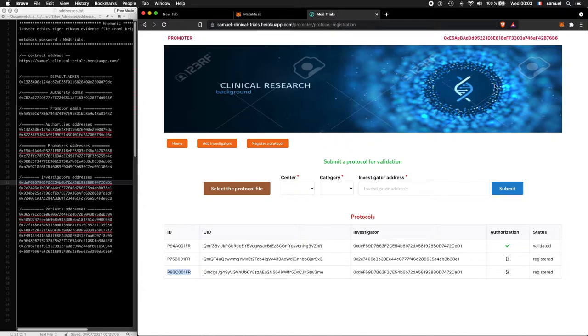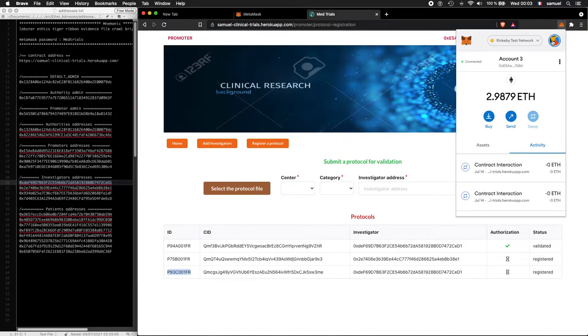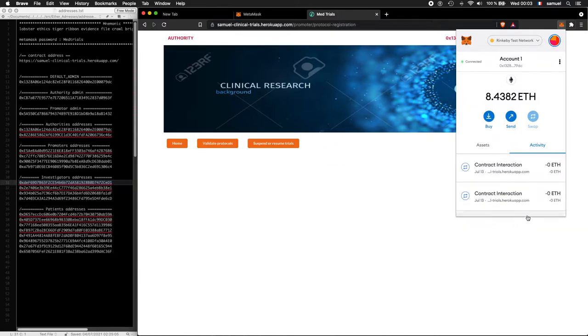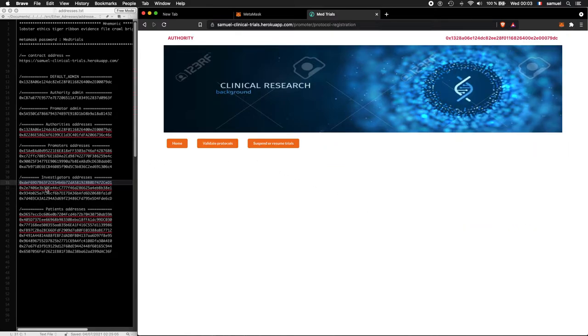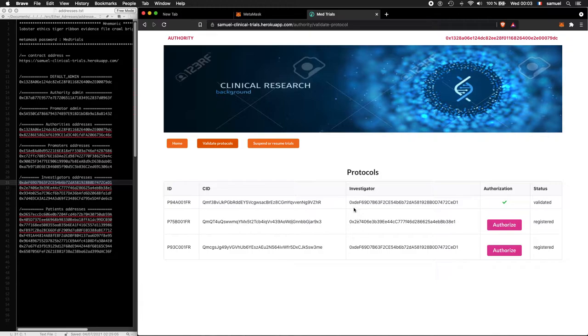So we can go to the authority page and validate not the second protocol of this investigator, but just the protocol of the second investigator. So we can see here that we have 2 investigators. The first investigator is 0xDE, which is the investigator for the first protocol, and the same investigator is also enrolled to the third protocol.